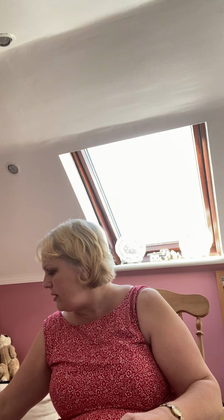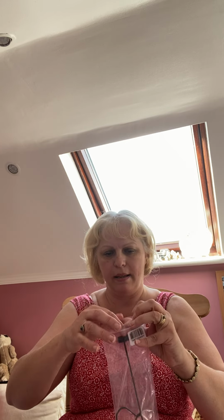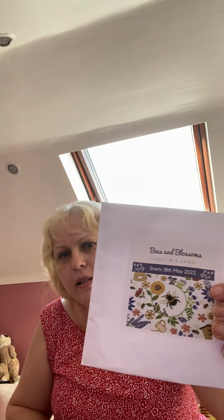I've had them before, and I won't surprise you in what I'm going to say. I've never kept up with a stitch along. The only stitch along I've sort of kept up with was the Advent stitch along, because that was a daily stitch along and they were tiny little bits. But this year I really want to try and keep up with the stitch along. So I've only got the panel. You get a nice colour picture, and then I've also got